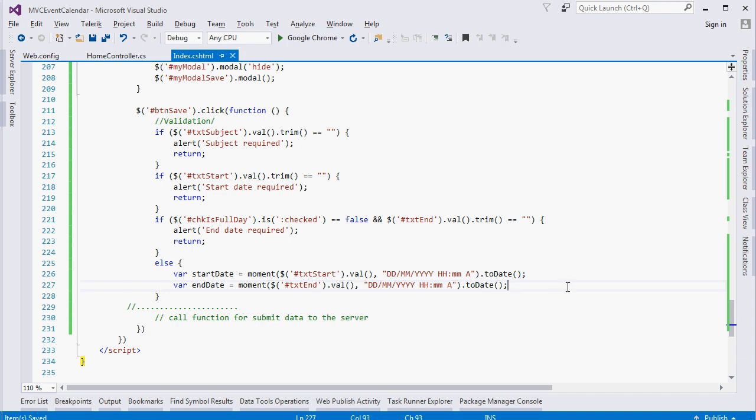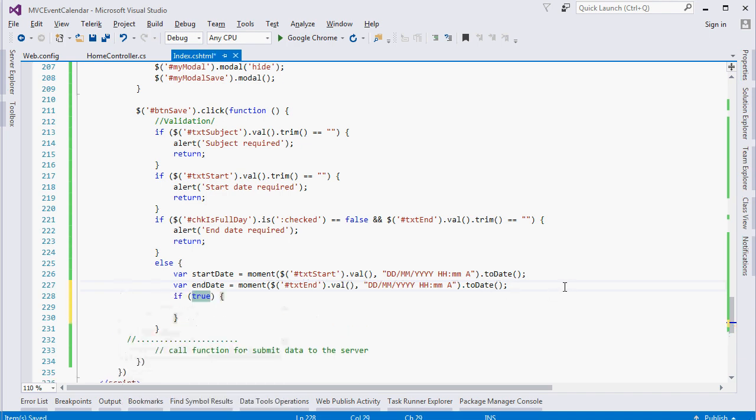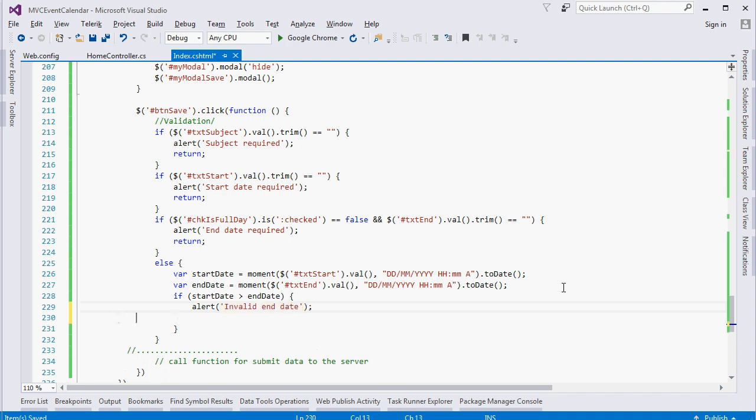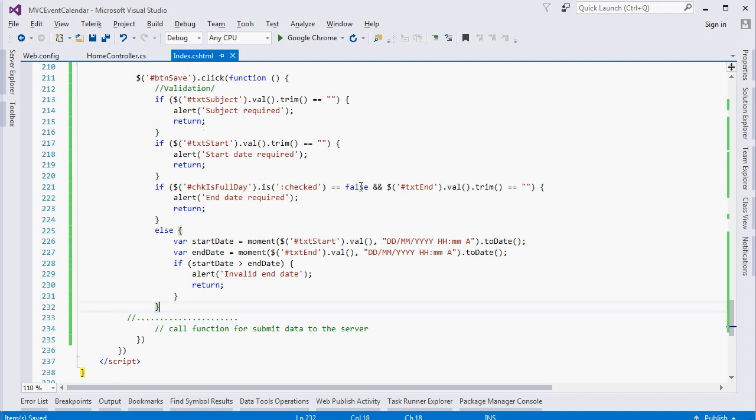Okay, and now I will check if start date is greater than end date, then we will show one error message, invalid end date. Okay, and return. So this is the validation that I have applied here as required for this. Now you can add more validation code here as per your requirement,